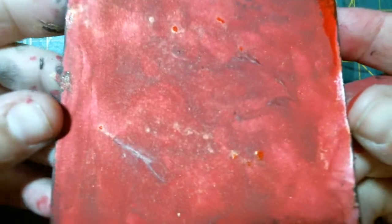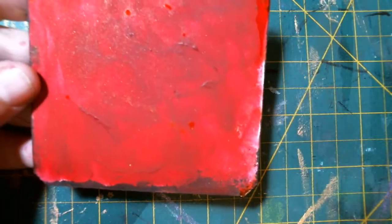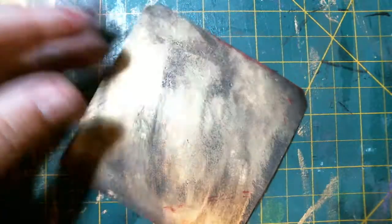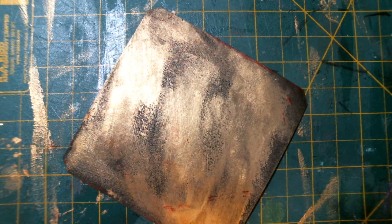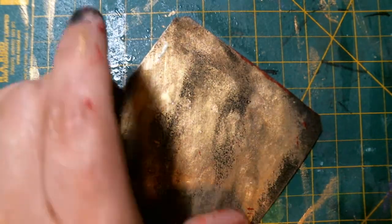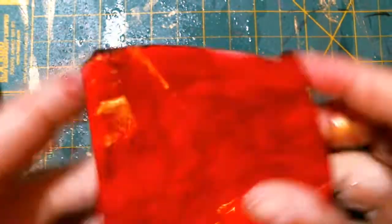So I actually dried it up, and I also added some of the orange, but I have shimmer in this homemade orange, and there's a bit of shimmer. Now I'm going to take my glycerin and water, about half a cup of water and maybe an ounce of glycerin. It's not exact. And I'm going to wet this, and we'll see how much of it soaks up, and try to crumple it up